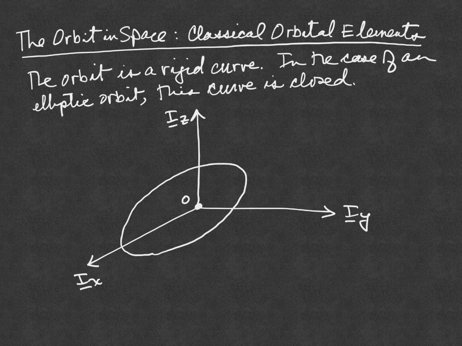Now there's the closest point on the orbit. Now remember, the closest point on the orbit is the periapsis. So there's the periapsis, which means that the direction from O to P, which is what we had described when we did the two-dimensional version of the orbit,